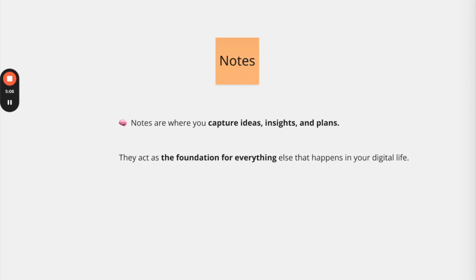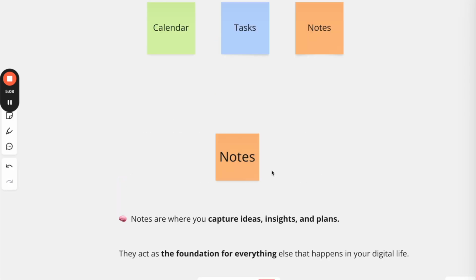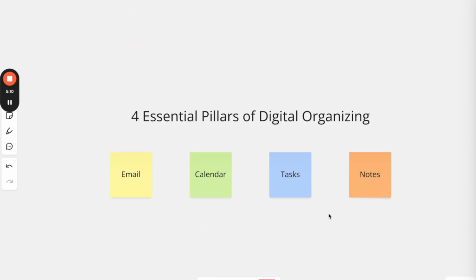However, when you organize your notes in sync with the 4 pillars, and there's a system set up with your email, your calendar, your tasks, you will find that everything works together much more smoothly. So organizing your notes within the full digital ecosystem of your digital life, that is how you create calm, clarity, and productivity. And let's be honest, that is the dream, right?